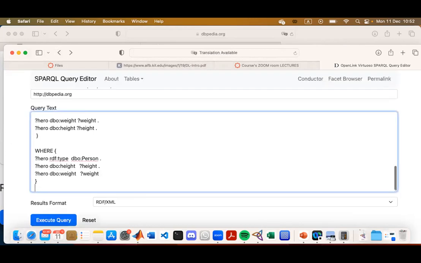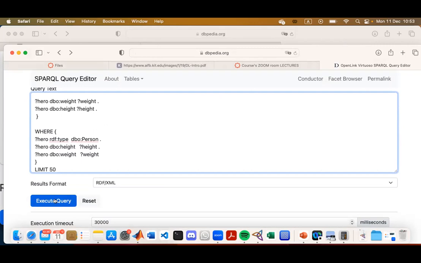Here, as part of SPARQL, there is this keyword LIMIT where you can specify the number of entries you want to retrieve. So let me limit it to some small number, just for a quicker demonstration.